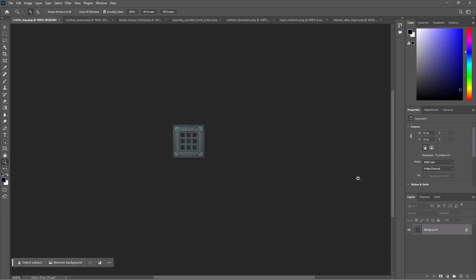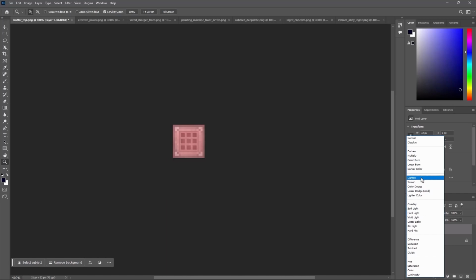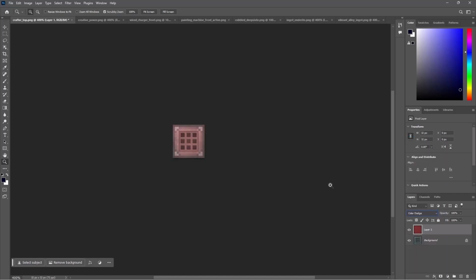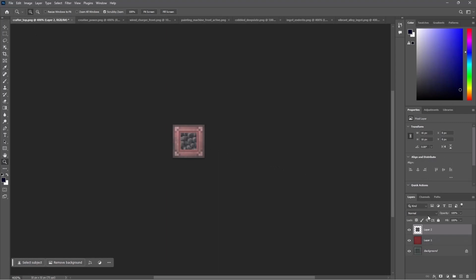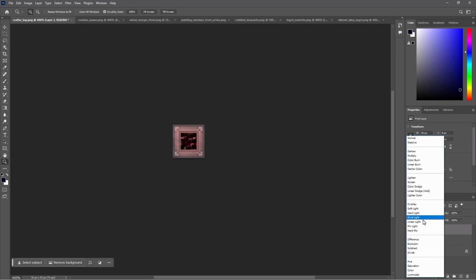This is a texture from Ender.io. Some of these textures are 16 by 16 and some, like this one, are 32 by 32. Again, this is a texture from Ender.io. If I copy it and paste it on top of this one and change the color to something like color dodge, going back, finding the deepest slate cobblestone texture from Minecraft itself, paste it, and then change the color to